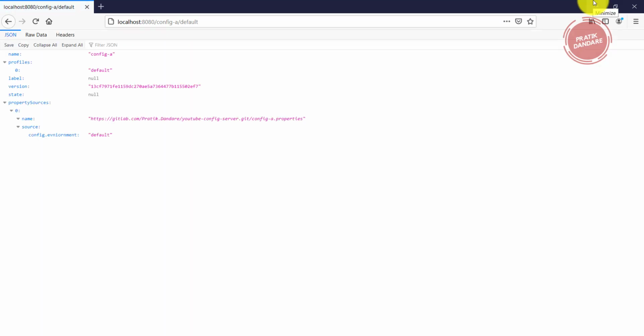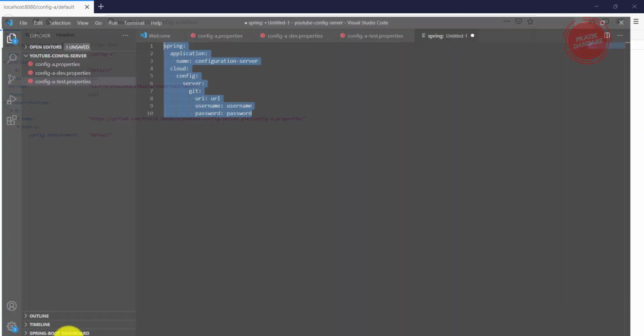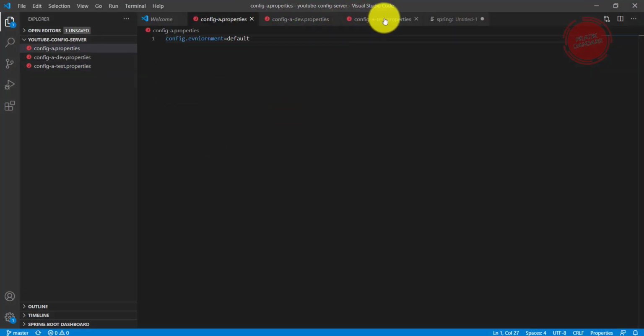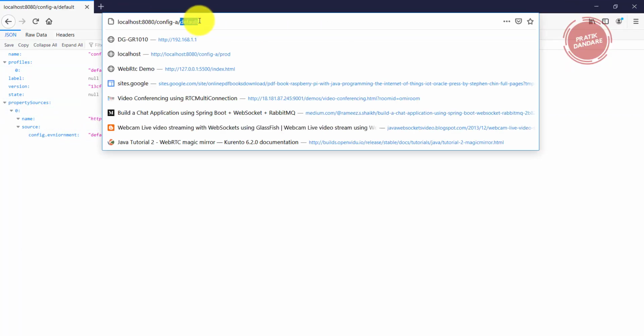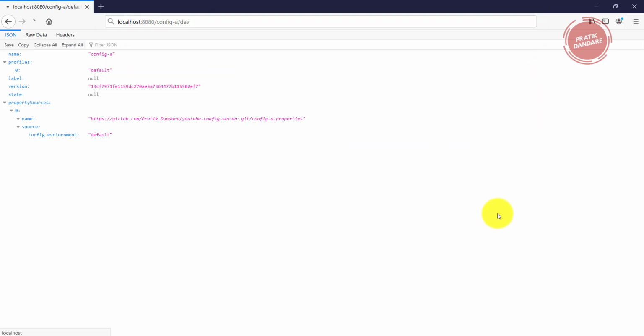And it's loaded. It's the config.environment property which we added. This is the property we added for the default configuration, and it is reflected in our environment. After that we have another environment called dev, and I'm hitting the dev one, so let's wait.